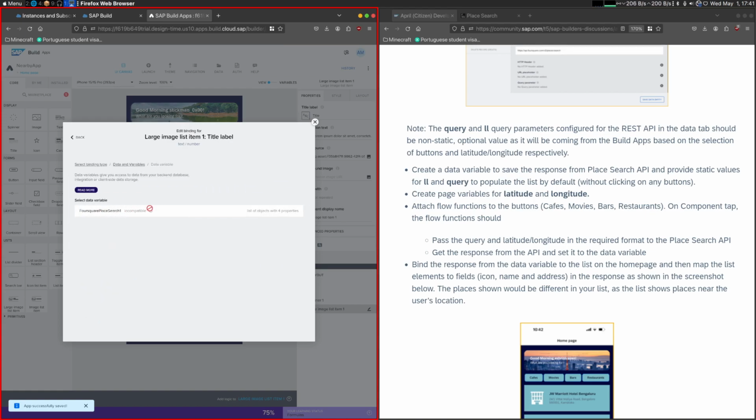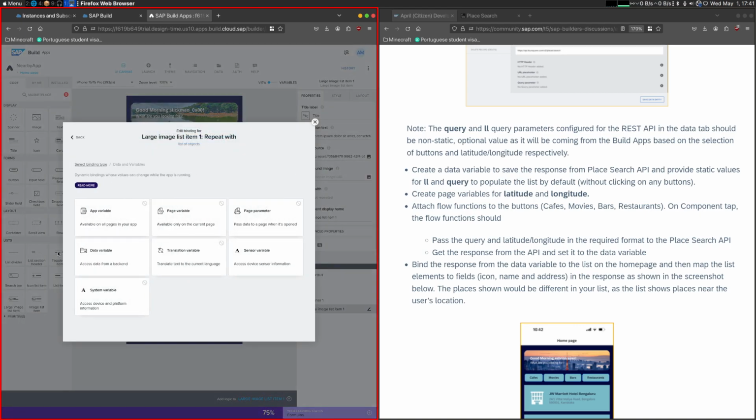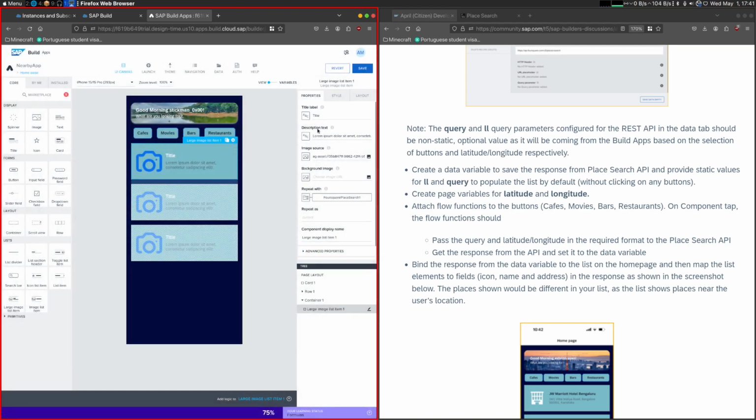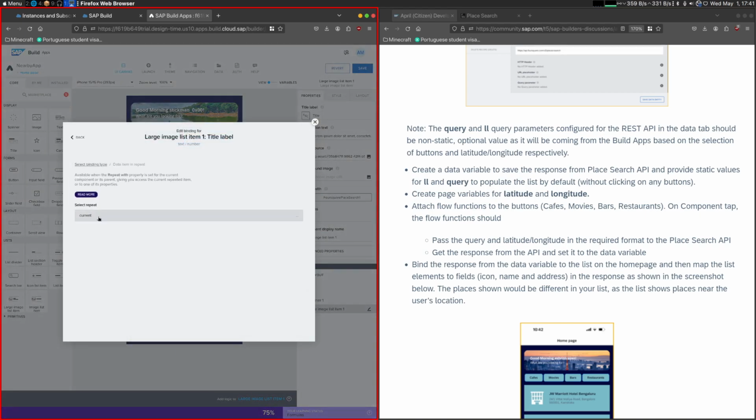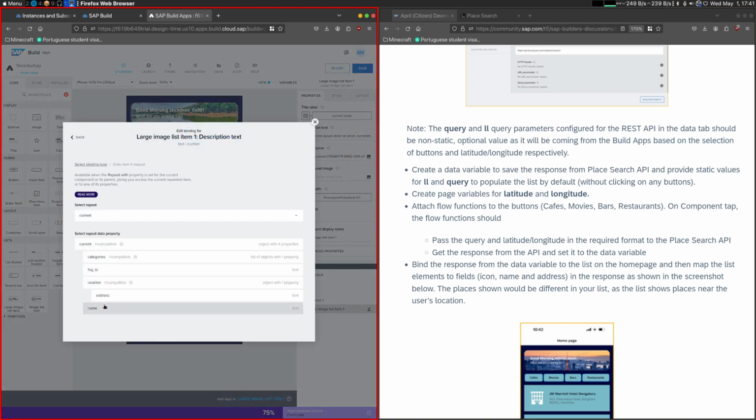First I need to say the data variable, and then we're going to say that the title should use the name, the description should use the address. So this is why we set it up. So we just need to